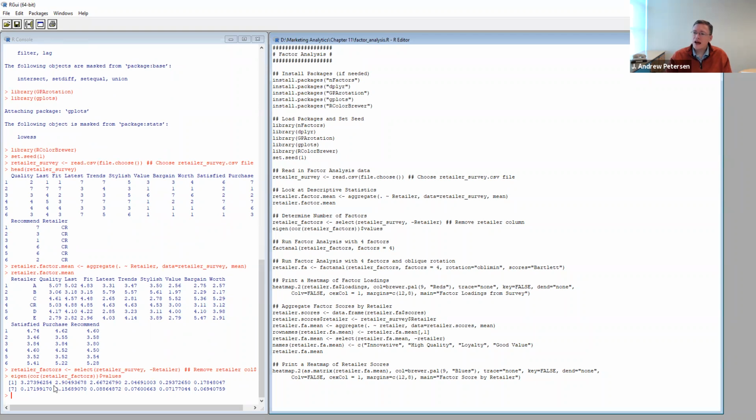Any eigenvalue greater than 1, we're going to treat as its own factor. So we see here that there's certainly 1, 2, 3, 4 eigenvalues that are greater than 1. So we're going to say that there exist 4 factors in this data